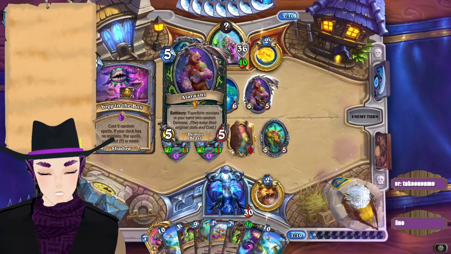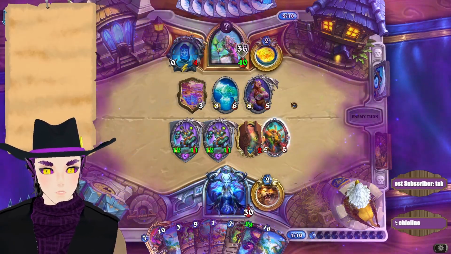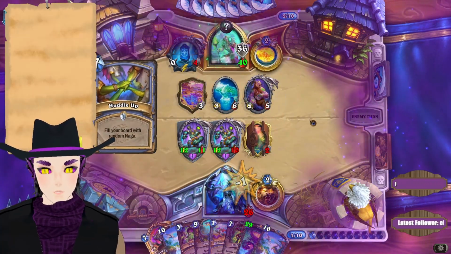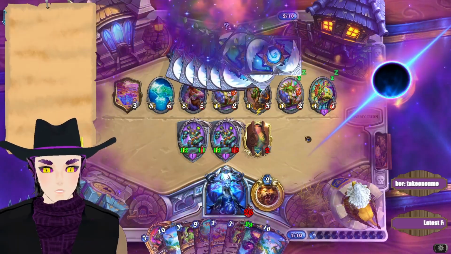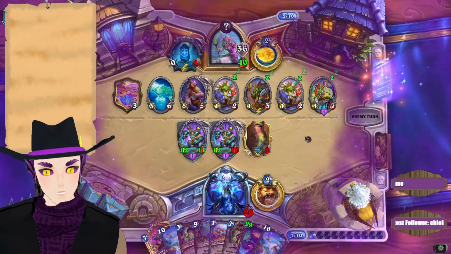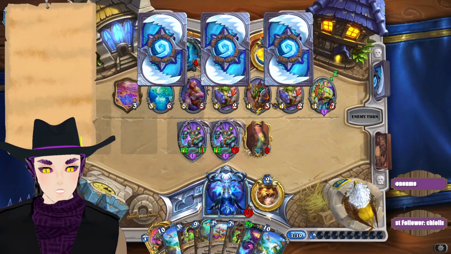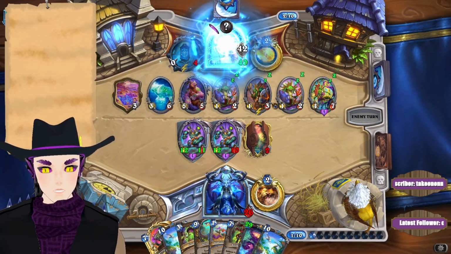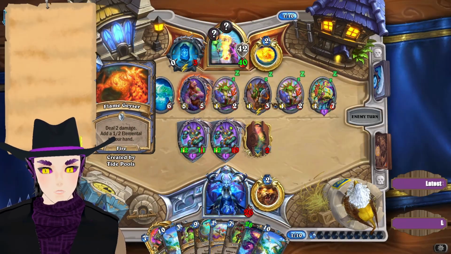The problem with the card currently is... Oh, God. Okay, never mind. That's fine. The problem with the card currently... What? Okay. Oh, that's actually useful for us. Come on, don't have a... Actually, have a board clear. Wipe out your own board. The main problem with the card currently is the fact that there is no easy minion that you can...